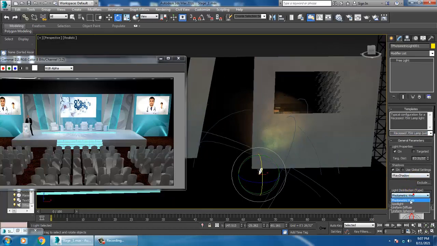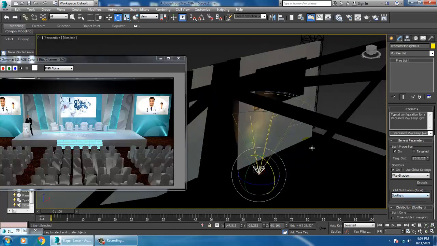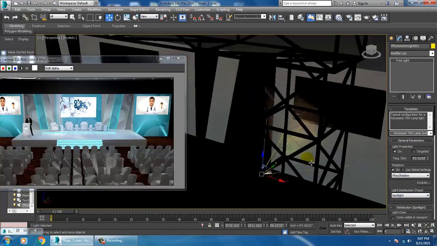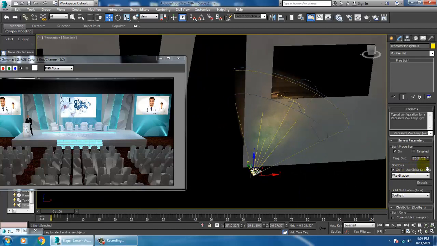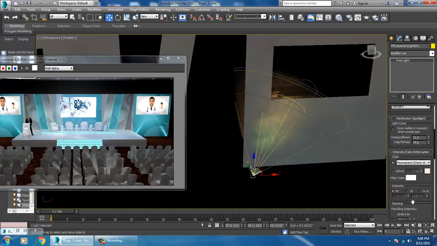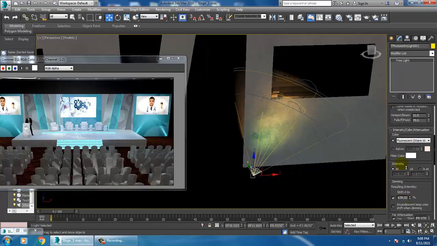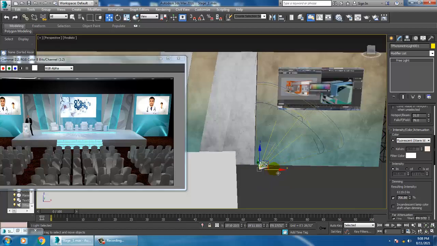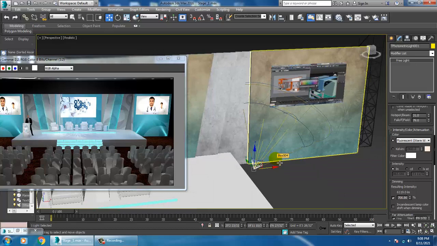So I'll make this as spot, that would be much better for now. So I'll use a spotlight over here, and I can increase its percentage, that's the intensity, like this.